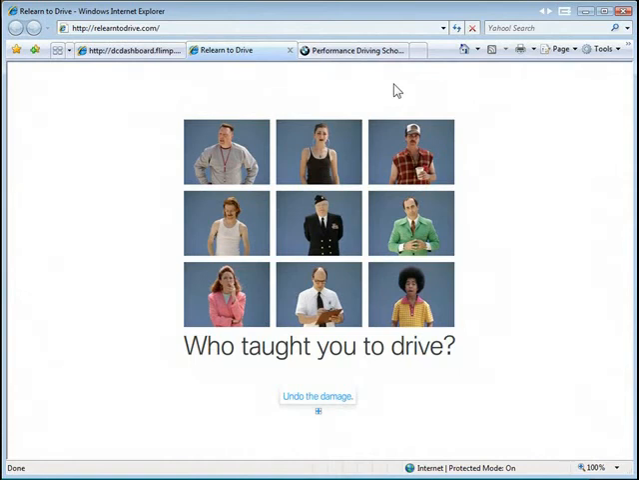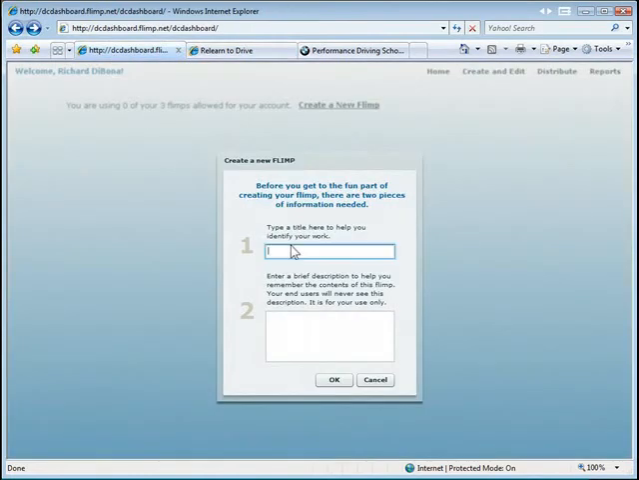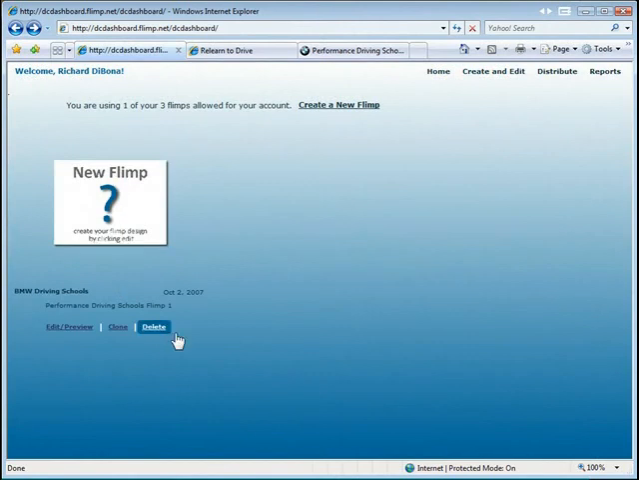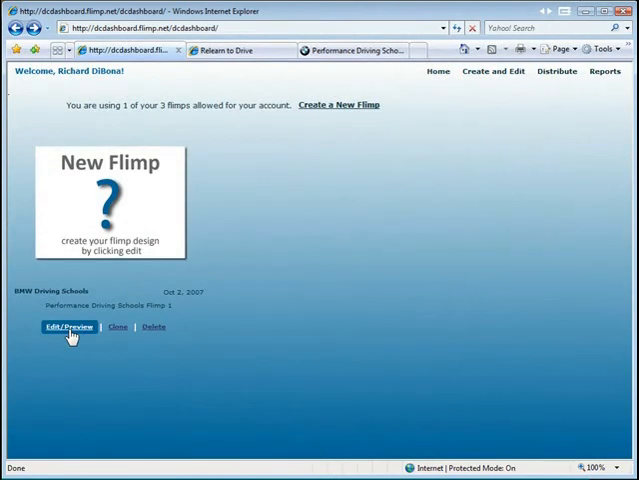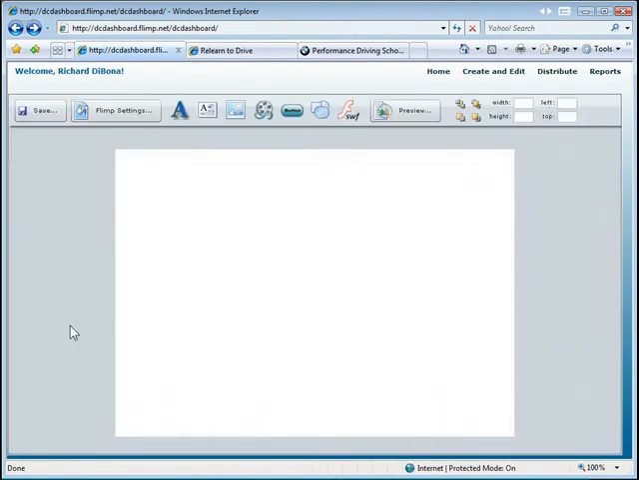For the purpose of this demo, let's say that BMW wants to use a FLIMP to let their email opt-in list know about the driving schools and new websites promoting them. So I'll type in the name of a FLIMP here. Performance. Click OK, and now we have one FLIMP on file. I'll go into Edit Preview, and we're presented with a blank canvas, a blank rectangle we could do whatever we